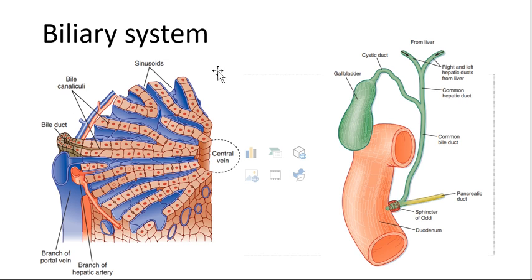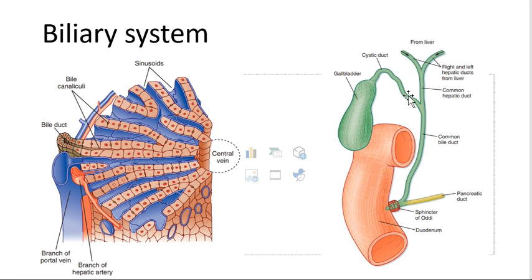Then the interlobular bile ducts join to form the left and right hepatic duct. These left and right hepatic ducts join to form the common hepatic duct. In this common hepatic duct, the bile is formed and collected from the canaliculi till here. Then from the common hepatic duct, this bile is collected into the gallbladder for storage purposes. And whenever bile secretion is required from the gallbladder, the bile is secreted into the intestine. So this is called the cystic duct.